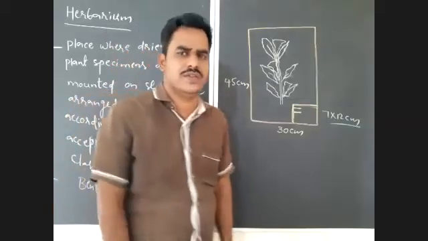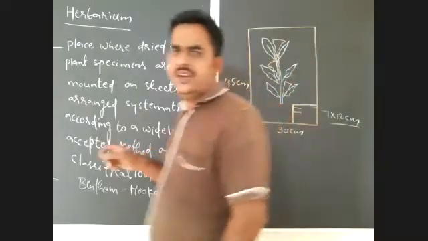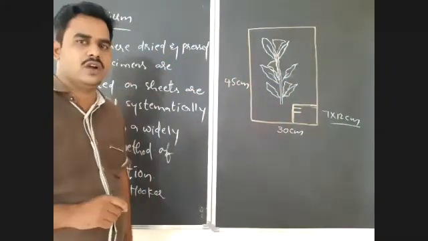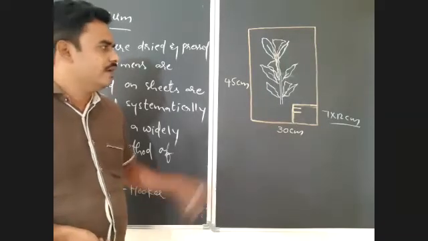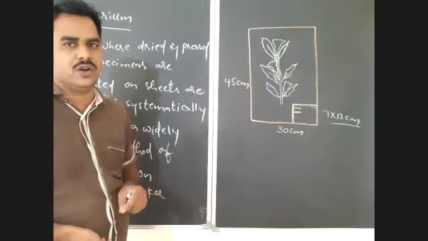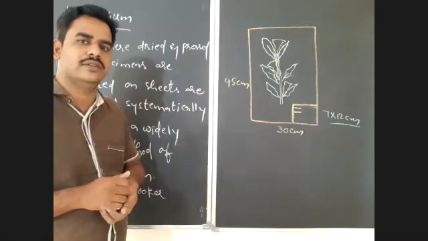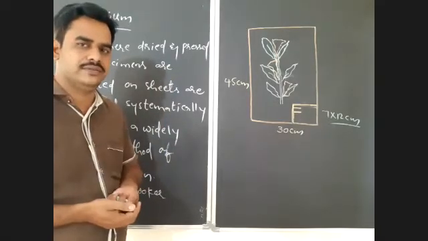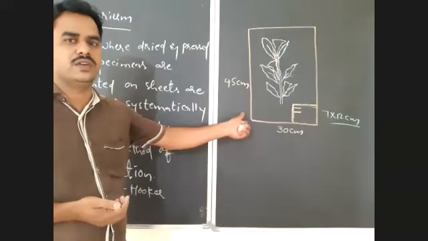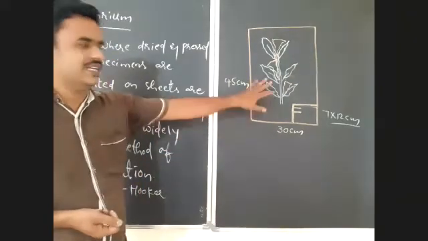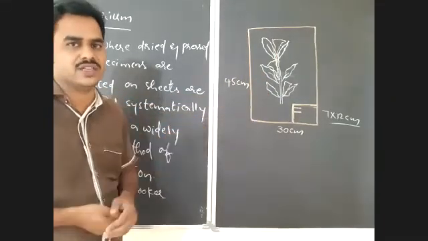Herbarium. Then what is the use of this herbarium? How is it a taxonomical aid? Taxonomical aid means any tool which is useful for the classification of organisms. Now, if you prepare this herbarium sheet for your local plant in your locality, and that plant may become extinct in future, how could we study that plant? If you have a preserved herbarium, you can easily study the type of leaves, the type of flowers, and all other details of the plant with the help of this herbarium.